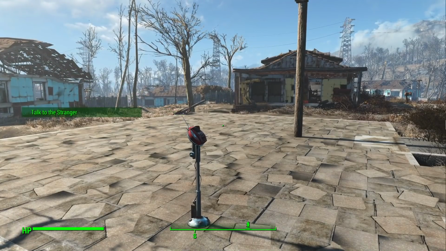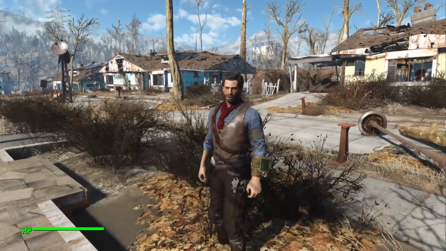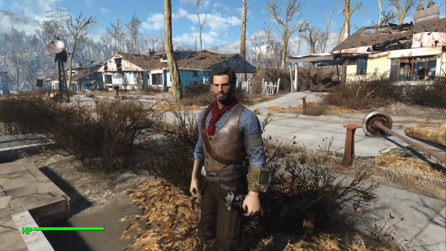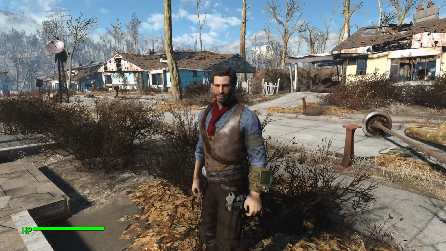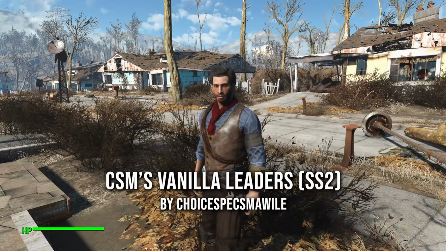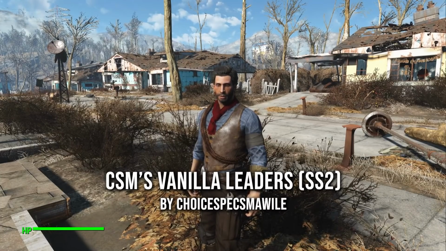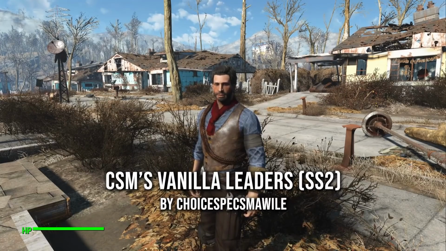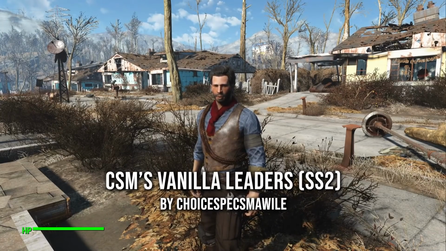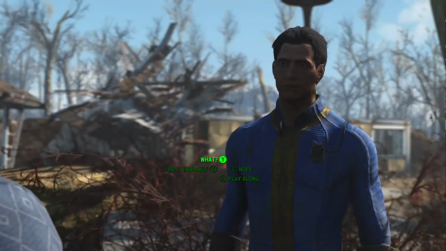And basically what these do is they let somebody run your settlement, and they add extra bonuses, and generally they're flavored after the character's backstory and their personality and whatnot. So the first one we've got is CSM's Vanilla Leaders by Choice Specs Mawile, or CSM, and this adds a bunch of vanilla NPCs in the form of leader cards. So it gives a lot of those favorite characters like the Abernathys the ability to be a leader and also